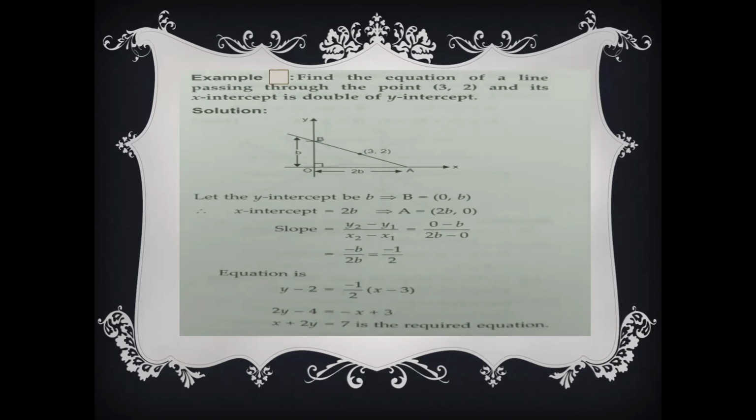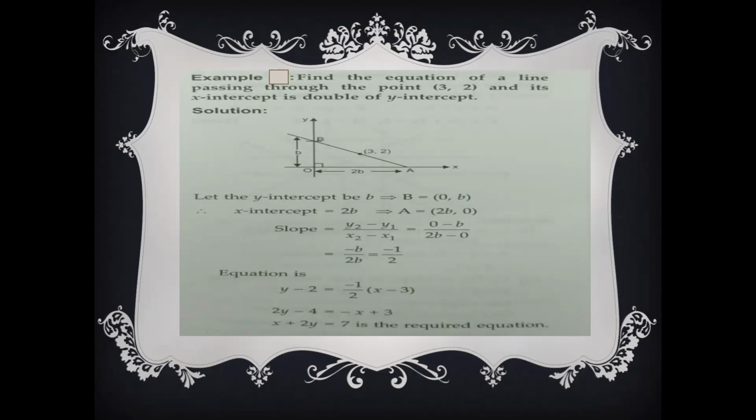What will be the coordinates of the x intercept? Because it is given in the question that the x intercept is double the y intercept, generally we take, because it's on the x-axis, (x, 0). But here the given condition is that it is double the y intercept, so it will be (2b, 0). Right, here I took b, you can also take a, it's your choice.